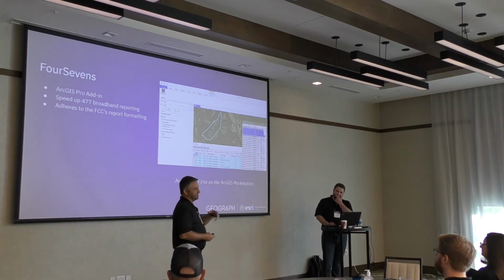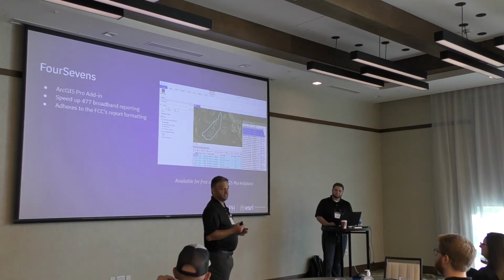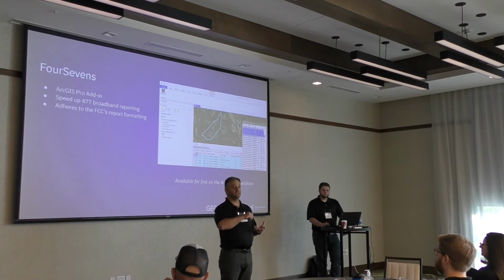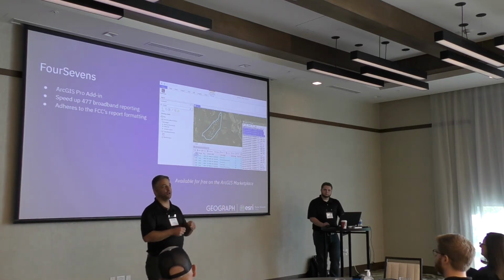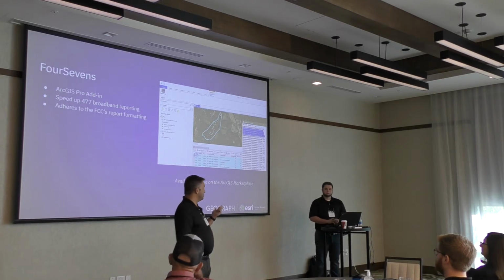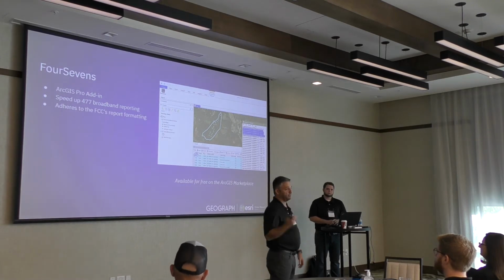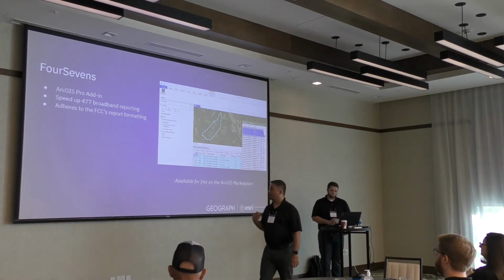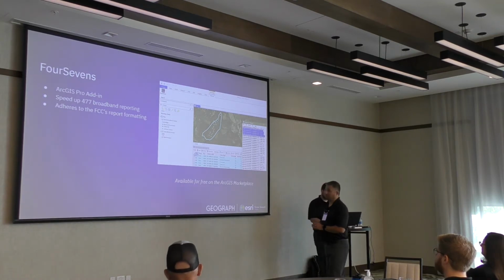So I brought this idea to the team and said, hey, let's develop a Pro add-in. The benefit is we're going to give you the ability to generate this report quickly, so you have the format all ready to go and you can upload it. But it also gives us as developers a chance to use Pro and the SDK before we try to forklift Crescent over to it. About 2 years ago, we came up with this. We published it and told Esri about it. They got pretty excited. We published it on the RJS Marketplace. We'll show you that in a minute. But as an add-on, it's meant to speed up the 477 reporting process.